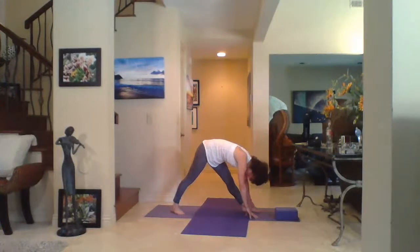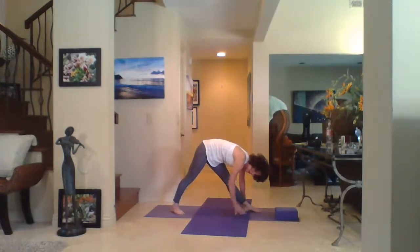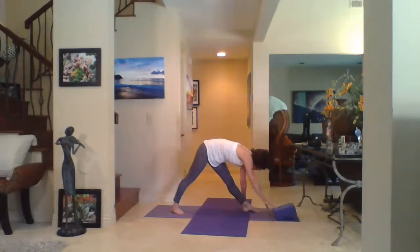Breathe. Wiggle a little if need be. Figure out, what does that muscle want? I've been doing this a long time. My muscle likes me to flex my hamstring and calf. If that is at all too tight, don't do it. Less is more. Let's take that right hand